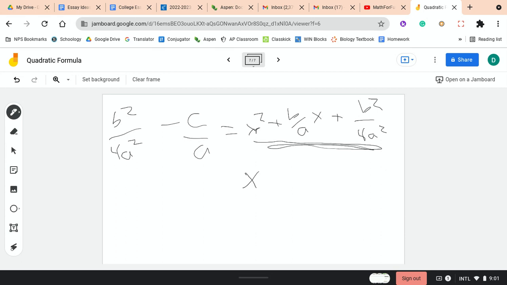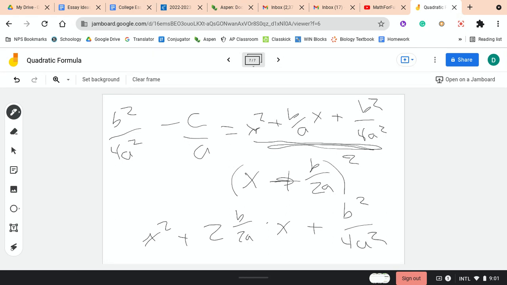If the first term is x and the second term is b over 2a, then (x + b/2a) squared gives us x squared plus 2 times b over 2a times x plus b squared over 4a squared. That's the rule we said from earlier, right? Something plus something squared is the first thing squared, plus the last thing squared, which is b over 2a squared,